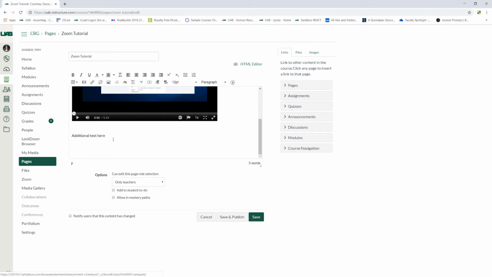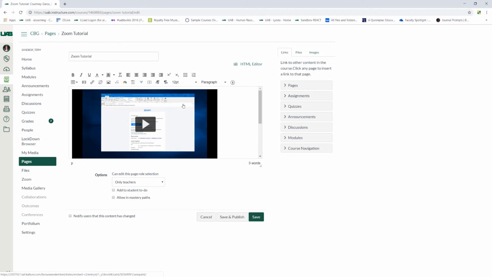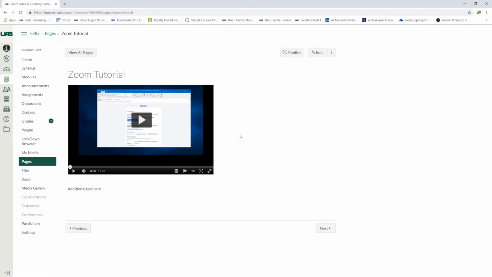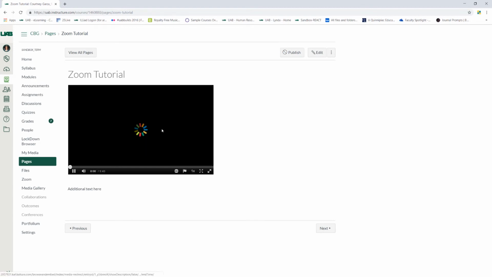We can even add multiple videos on a page just by repeating that same process of going to More External Tools, selecting Embed Kaltura Media, and selecting an additional video. Once you've made any changes that you want to your page, click on Save. And now your students have their video embedded directly onto the page